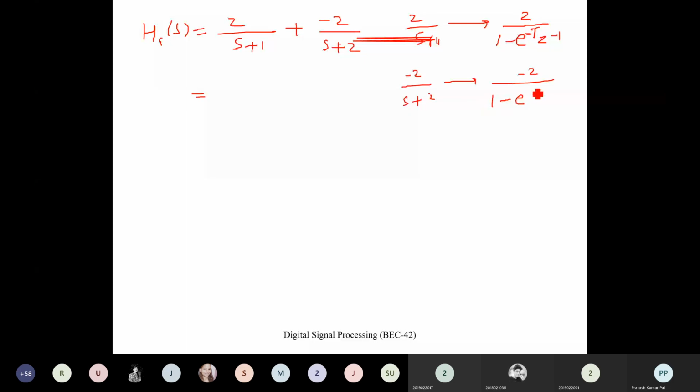Okay. So by using the mapping formula for the impulse invariance method, we will be converting these two terms with their respective z transform representation. So once we have converted it, this will be converted to h of z, and the first term will be replaced by 2 by 1 minus e to the power minus t z inverse plus minus 2 divided by 1 minus e to the power minus 2t